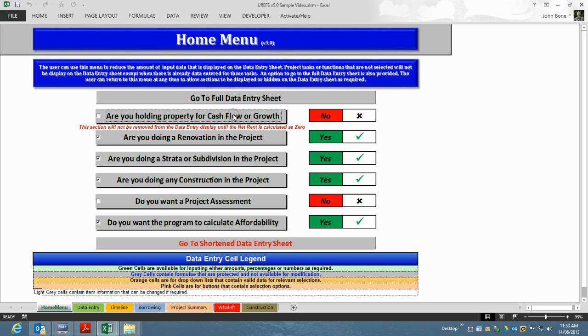There are buttons available to take the user to the data entry sheet without any modifications, or with modifications if preferred. Now, having made our selections, and for this demonstration I'm going to leave all sections displayed, so let's move to the data entry sheet by clicking on the button at the top of the